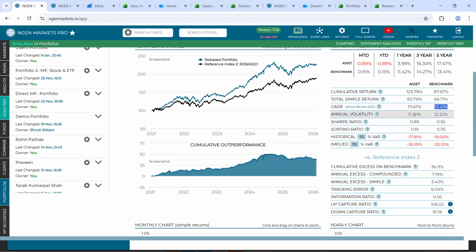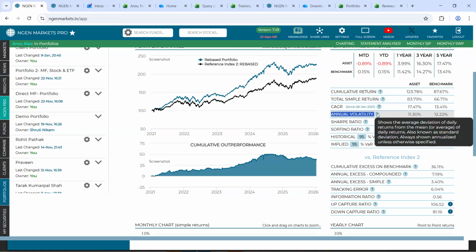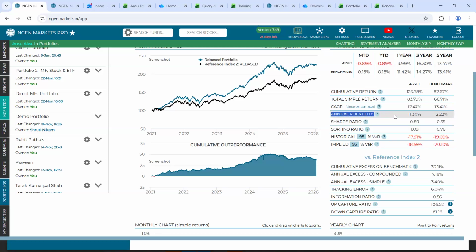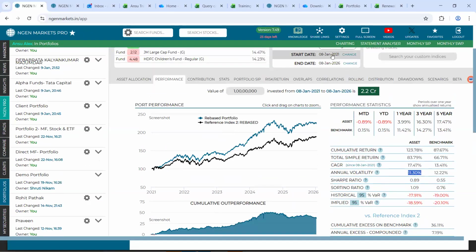Now, to generate this return, what was the risk? The volatility that was considered, the standard deviation, happens to be 11% for the portfolio and 12% for the benchmark. So, you could say that your portfolio generated a better return with a lower level of risk in this time period of 5 years that we are looking at.